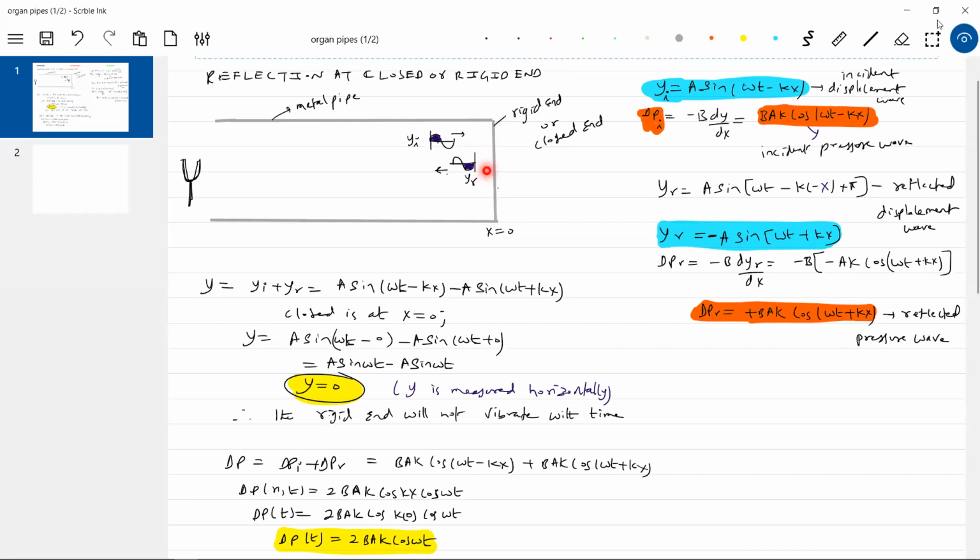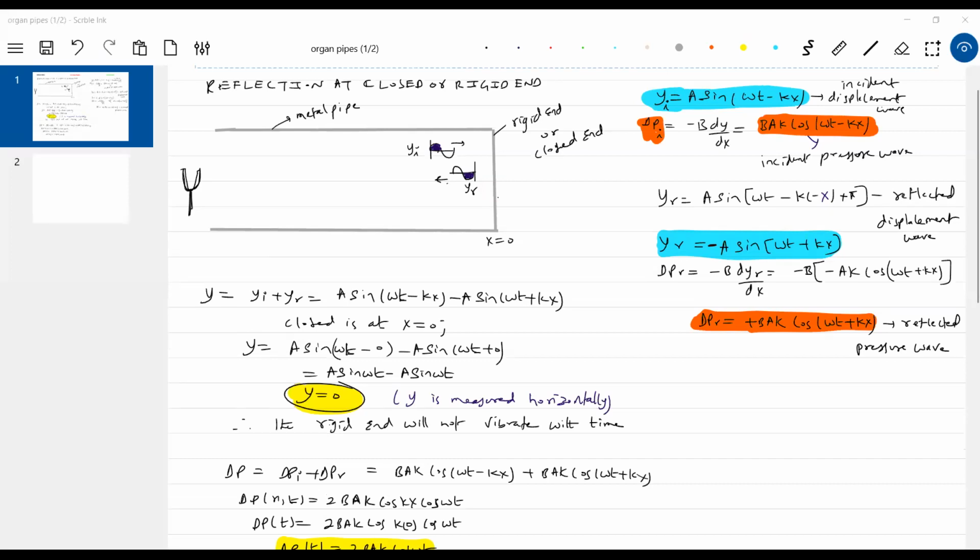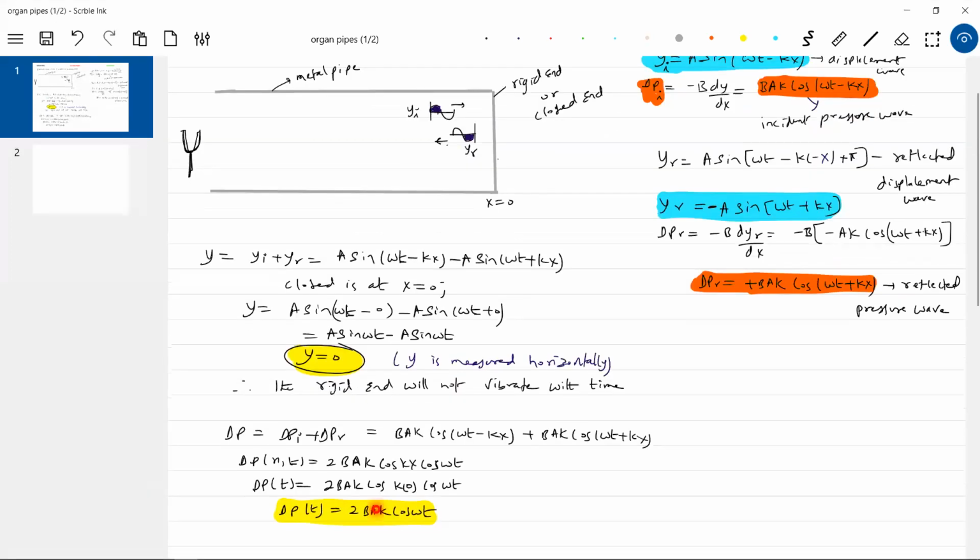But what happens to pressure at that point will vary harmonically. The maximum excess pressure will be 2BAK. So what will happen to the closed end? The closed end will become a pressure antinode. That's what I'm calling it. The reason is that pressure is varying, and it varies harmonically with time. So what are the conclusions I can make here? The conclusions are